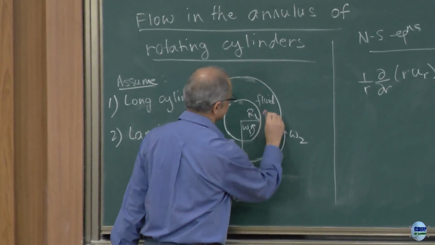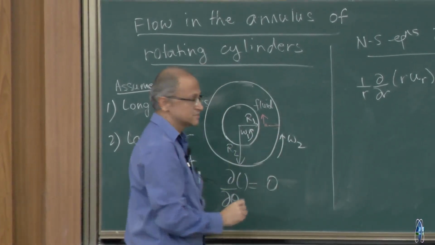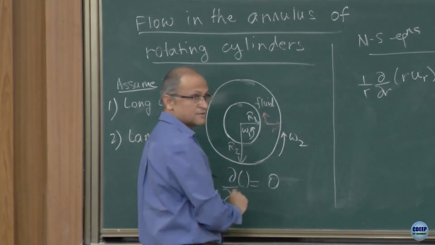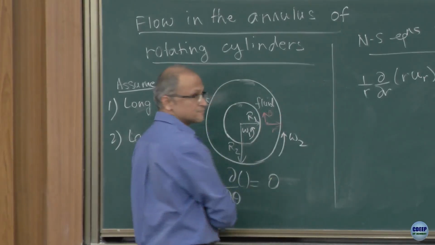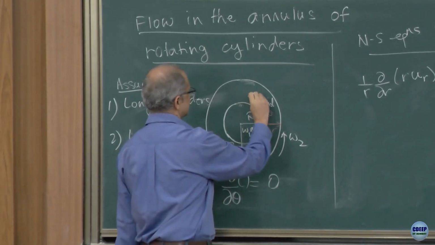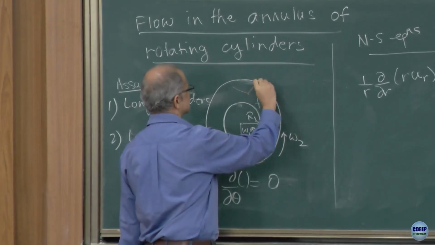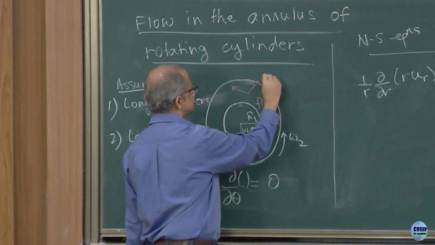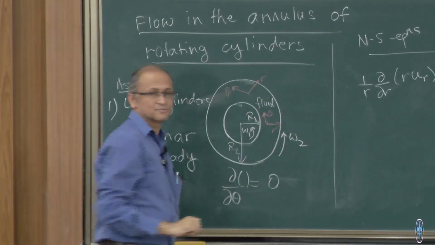So these are the two directions. What direction is this? This is the r direction and this is the theta direction, correct? Here if I look at it, these are the two directions. What is this direction? Which direction is this? R direction, and this is my theta direction,